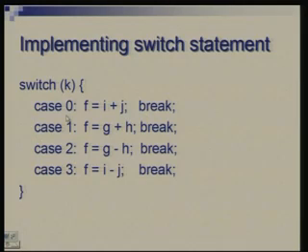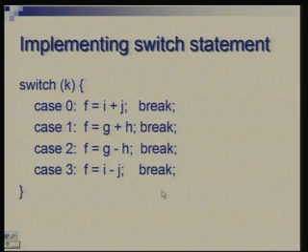So, as an example, suppose you have a value k, okay, which can be either 0, 1, 2 or 3, and small pieces of code you have for each case, you will capture it by a switch statement. Okay. And after each you want to break, that means after performing f equal to i plus j, you do not want to go through all of them, you want to skip and come to the end, you put a break statement. Of course, the last one is not necessary, but just to make it look uniform I have put it there.